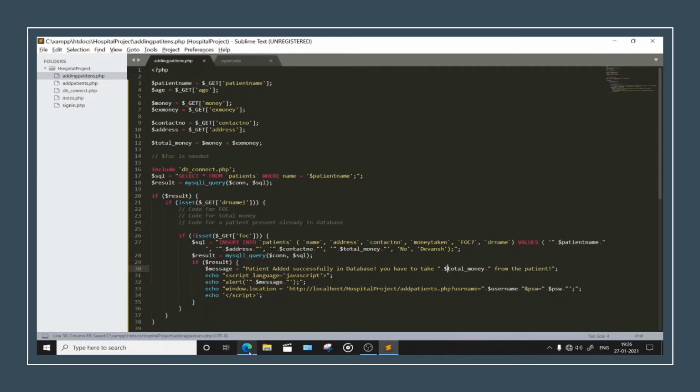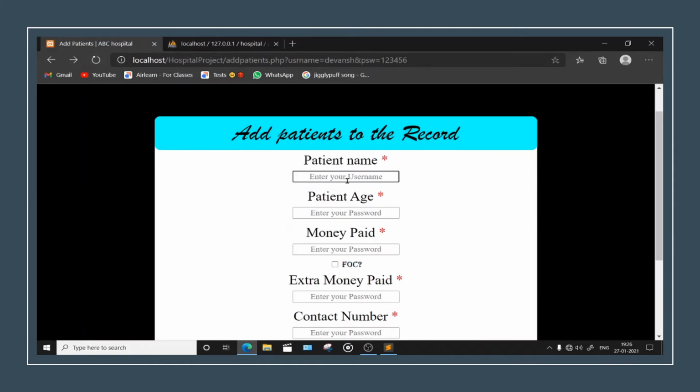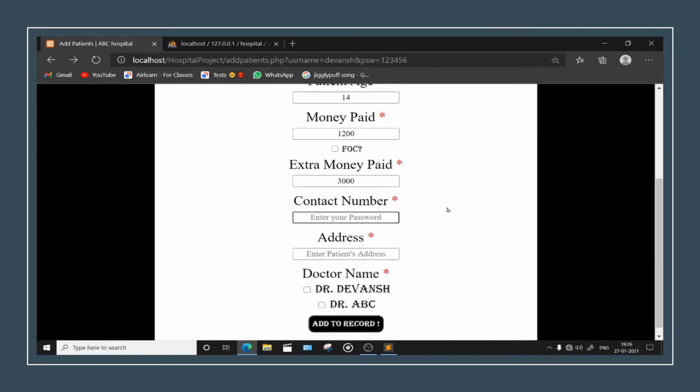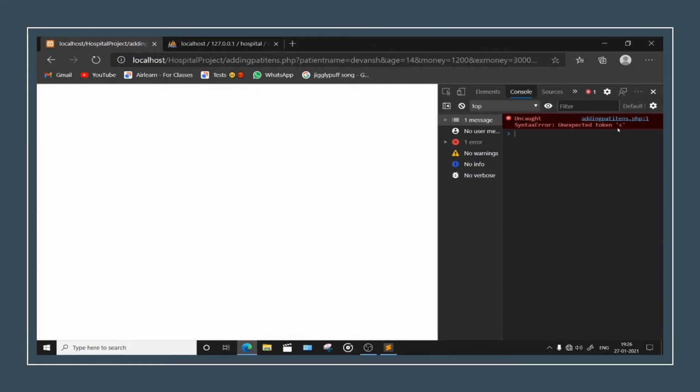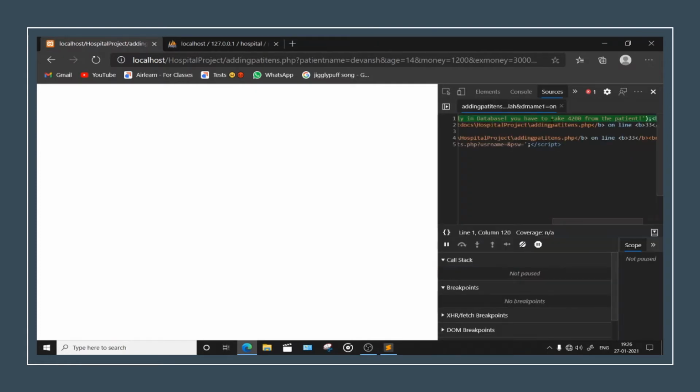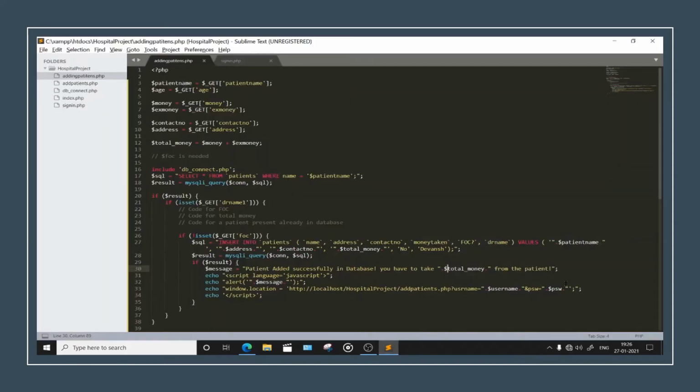Well, now we will see what we are doing. Refresh this, enter, fill all these places. 14, 1200, 3000. It's my favorite number. Blah. And for now, we are doing only for Dr. M1. We will just copy and paste for this Dr. M1. Alright. So something is missing. Some problem is there. Okay, so it's saying that it's unexpected token. What is it saying? What problem do we have? Remove this, no? Remove until this part.